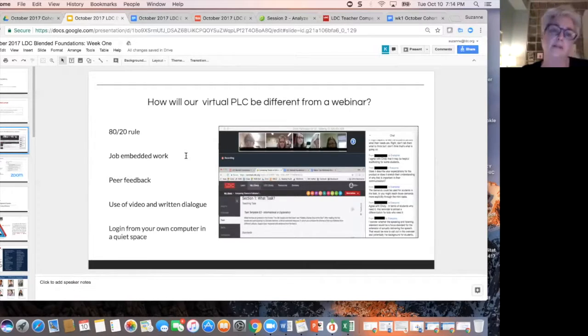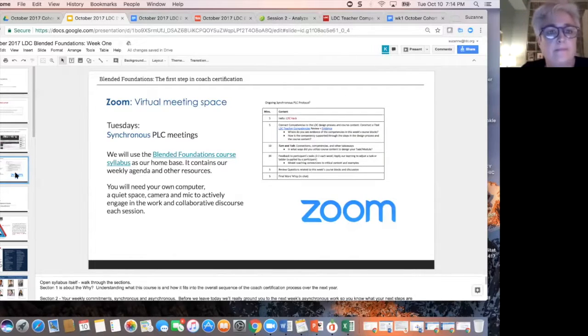work. This time together during our PLC is going to be the time when we can practice some things, when we can collaborate in a different way than you can one-on-one with somebody else, like with a partner. And so we're going to try to set it up so that we have this time to do that kind of collaboration and dialogue. We'll be in Zoom, and one of the main things that we use